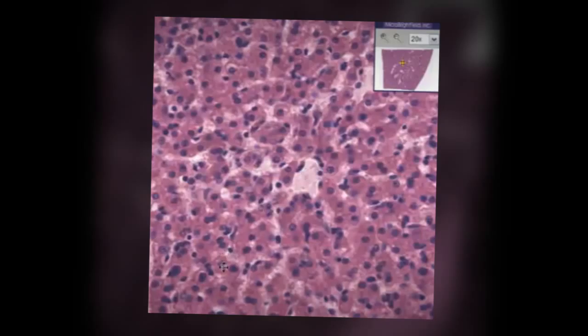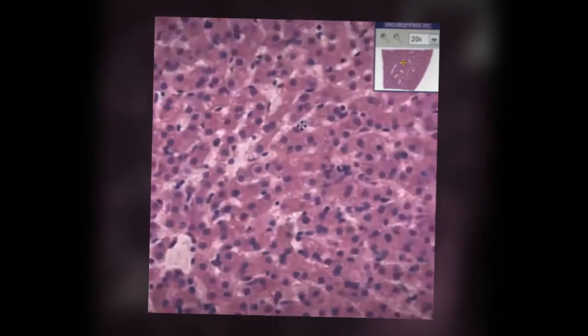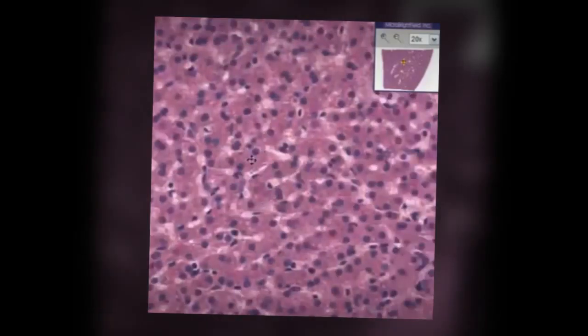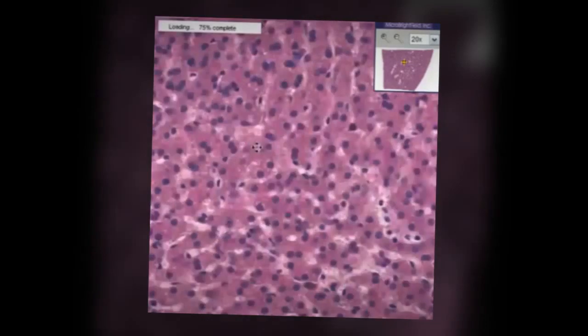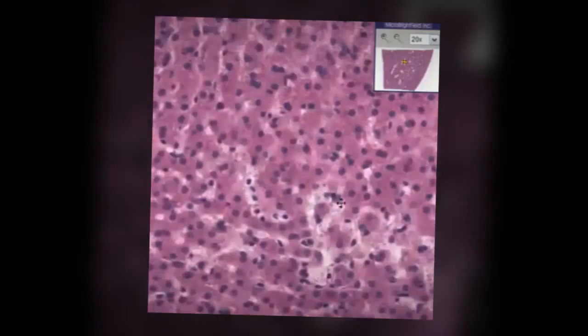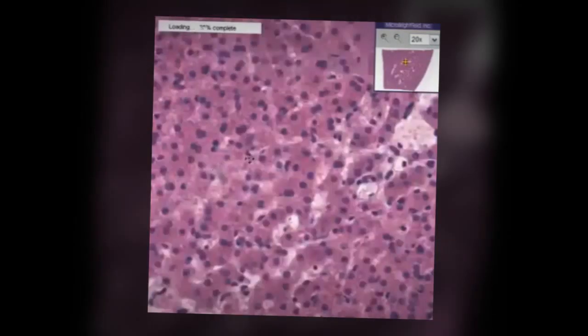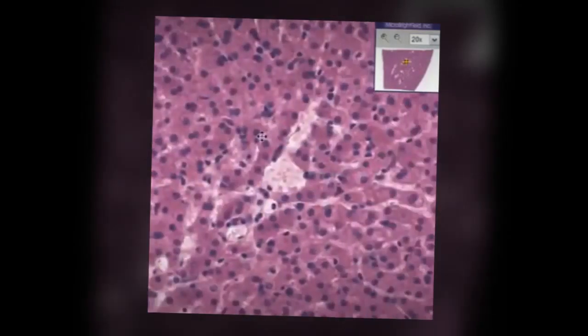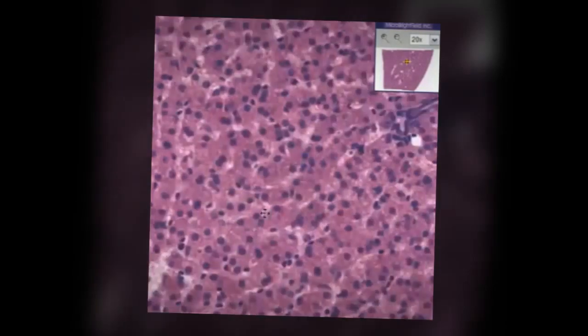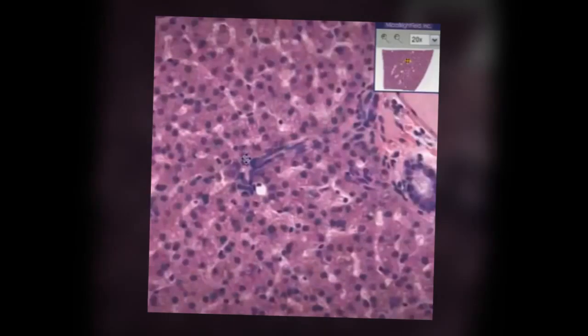See, there's a central vein, and the sinusoids are generally converging towards it. And here's some more sinusoids and hepatocytes and Kupffer cells. Those are the only three things you see in here. And now we have something as we cruise along down the line. That looks like it could very well be another central vein. But if you see a vein,